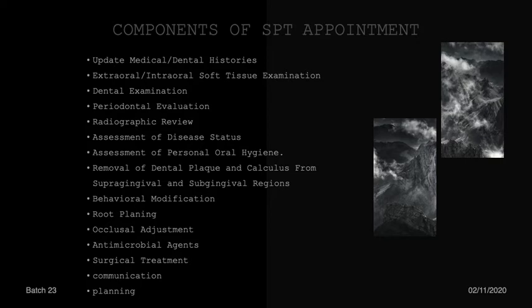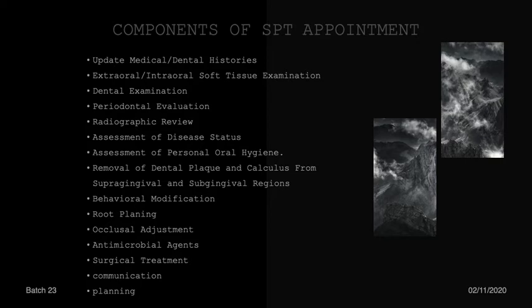hygiene. After we update all these histories and clinical examinations, we will do the treatment part, which is the second component of supportive periodontal therapy. The treatment part should include scaling and root planing. If the patient requires any behavioral modification or occlusal adjustments, you should do them. If the patient requires antimicrobial therapy, you have to introduce it. If there is a recurrence of disease that requires surgical therapy, surgical therapy should be included. That is the second component of SPT, followed by patient